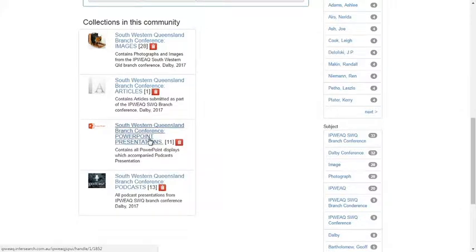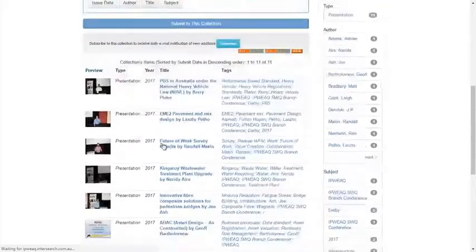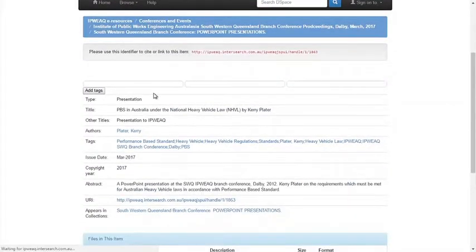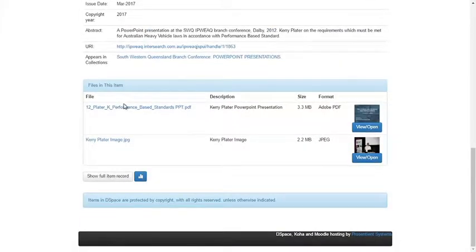So in this case, we've got a collection of the images, which is where you go and find that photograph I was talking about, of articles arising out of the conference, of PowerPoint presentations, and of podcasts. If we go to, say, PowerPoint presentations, so that we can go into the last layer, there's a list of all the items within that collection. So that's how you find individual items. We're looking, for example, for the top one, performance-based standards in heavy vehicle law in Australia. We go into that, and in the file section is your final step. You click on that,